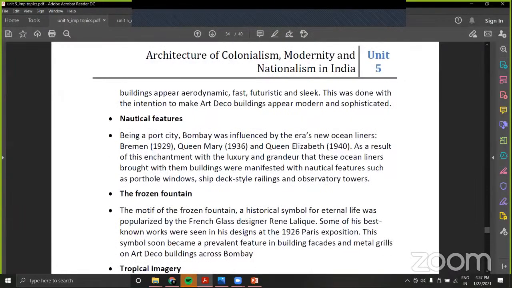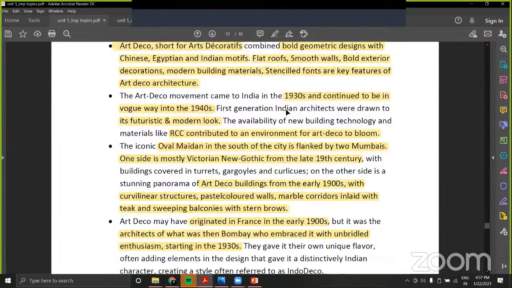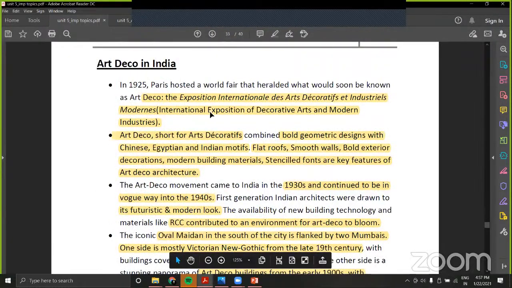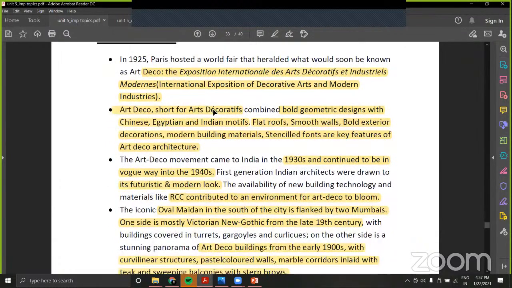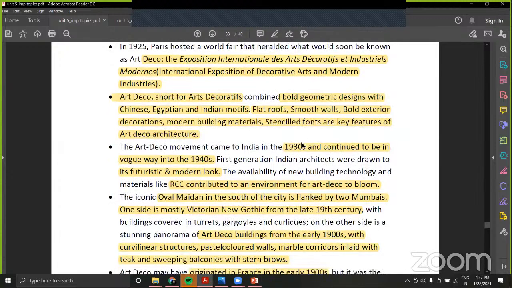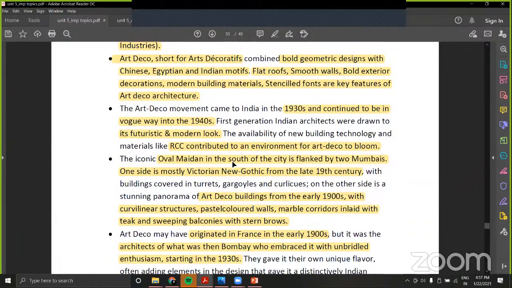So Art Deco was influenced by one of the Paris expositions, which was held in Paris. They wanted to combine the Art Deco movement in India, which came to India in the 1930s and continued into the 1940s. So basically, RCC was one of the main materials used in the Art Deco movement. Art Deco buildings were built with curvilinear structure, pastel color walls, marble corridors inlaid with teak and